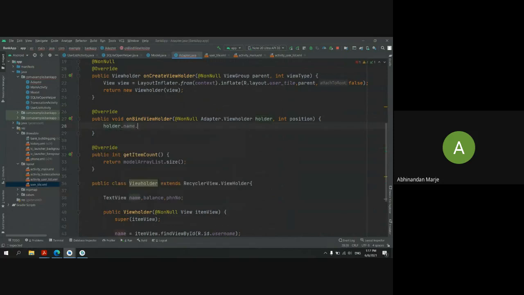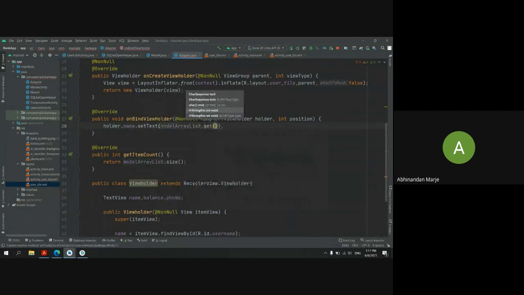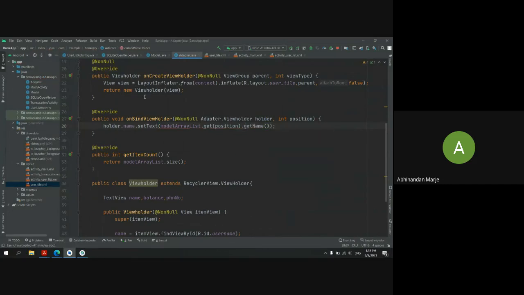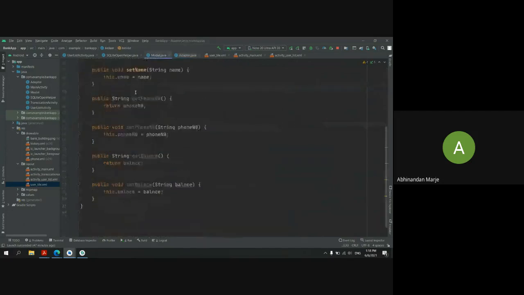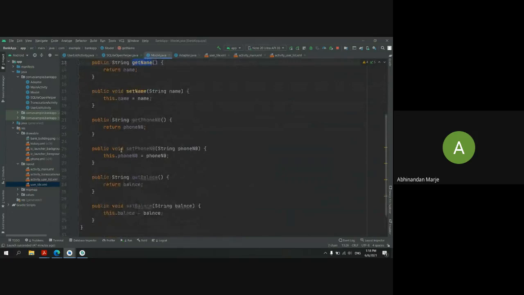I want to set name.setText, and I will get that text from modelList array dot get, and I have to pass here the position of my array list index. Then you can see the methods which we have included in our model class. I am getting all the methods here, the getters and setters: getting the name, setting the name, getting the phone number, setting the phone number.